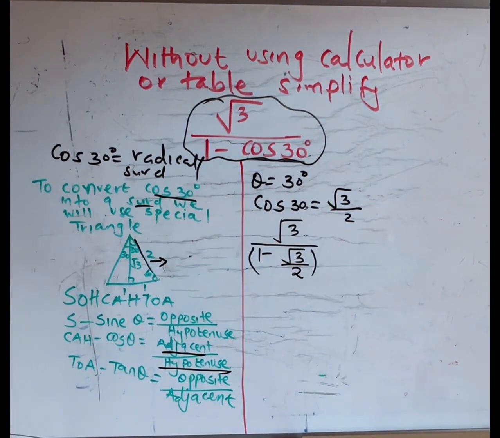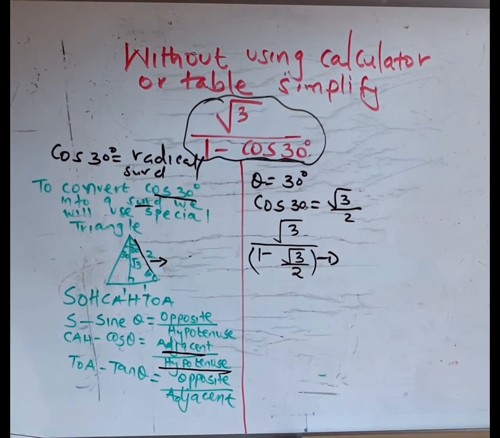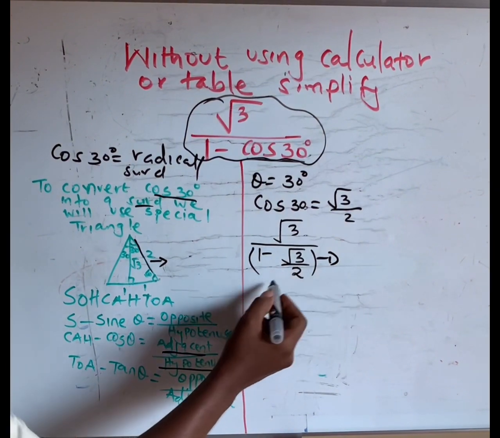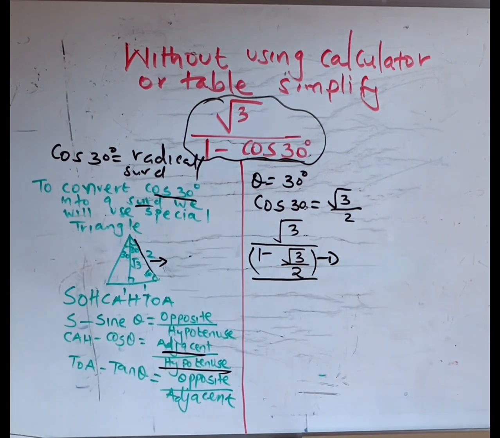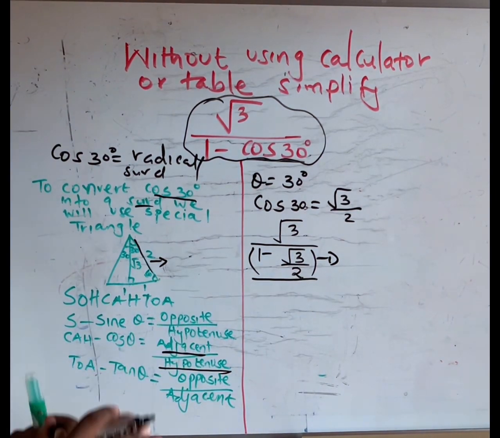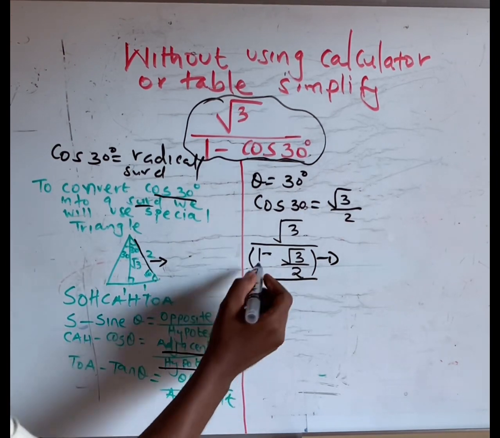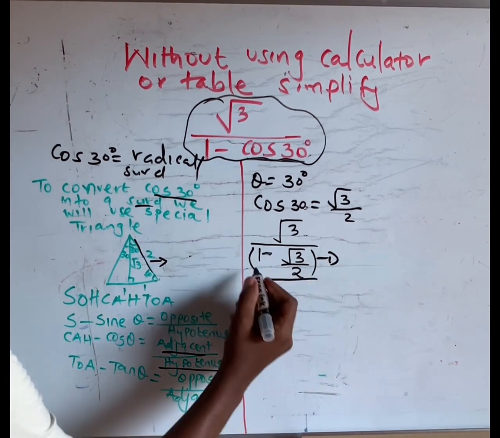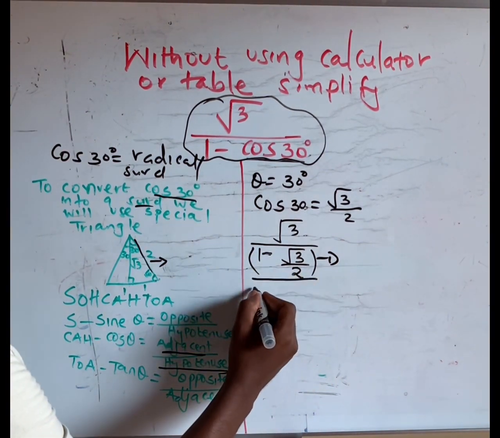From here, we need to simplify the denominator of this fraction. To simplify the denominator, we will multiply the denominator and the numerator of this fraction by the conjugate of the denominator. The conjugate of any side is the same side, the only difference is the sign. So if this is minus, its conjugate is 1 plus square root of 3 over 2. So the conjugate will be